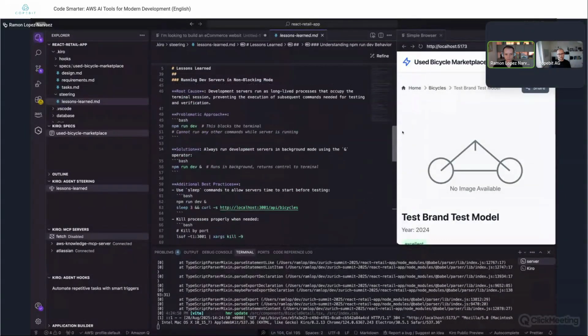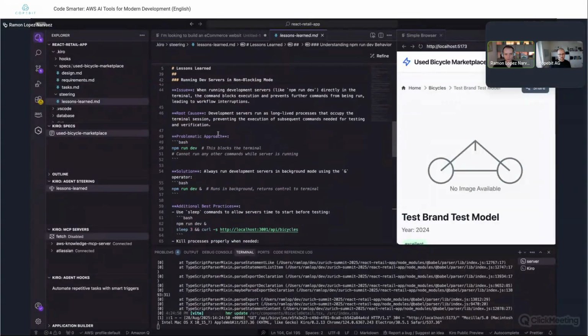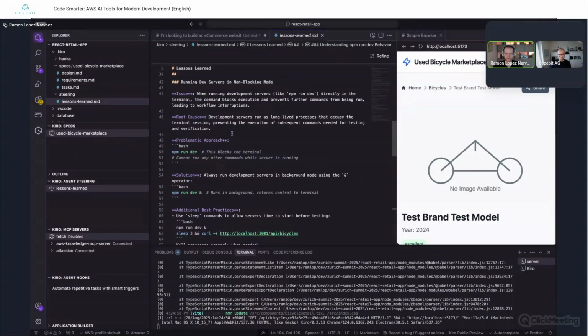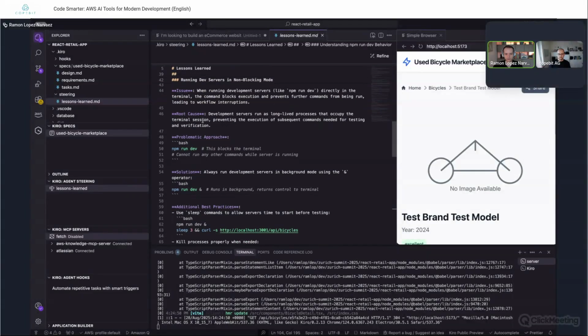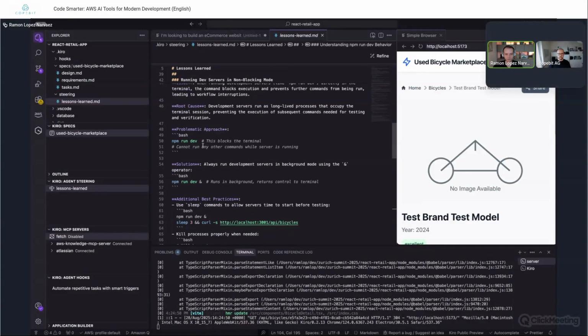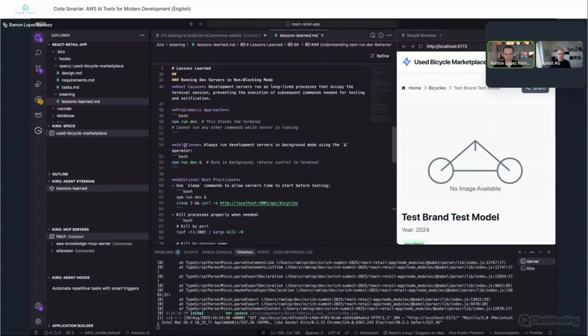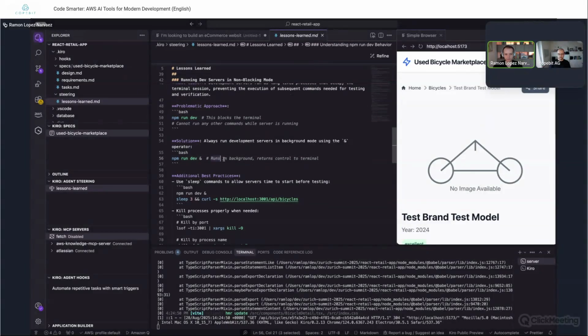Something that happens in web development, you run npm run dev, so you run this dev server. Kiro ran it for me, of course, but then it ran into port issues because there was a dev server running, so it tries to open another port, or it runs into a port error. This happened again and again, so I asked Kiro to add it to this lessons learned file. And Kiro is quite smart in the sense that it not only writes the issue, but it also describes the patterns of when this happens, and describes a solution as well. So in this case, it says, run it in the background so you don't block the terminal, and so on.